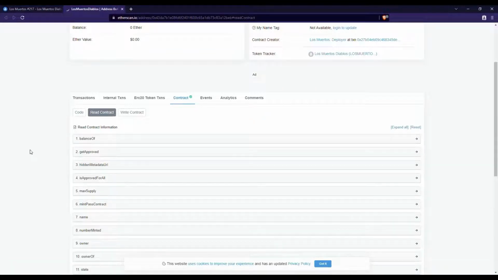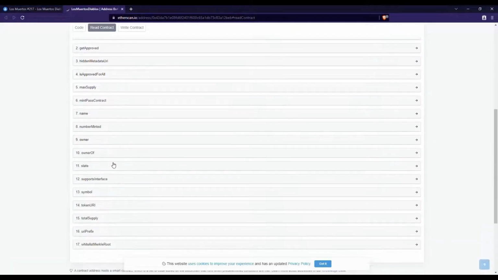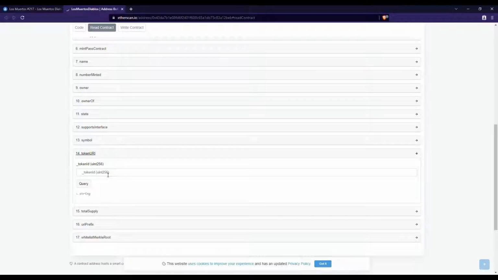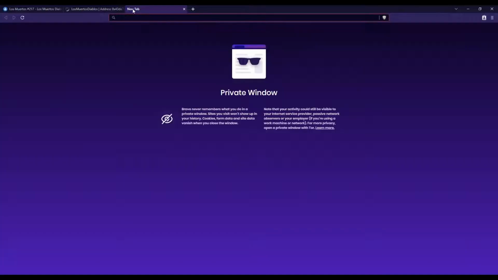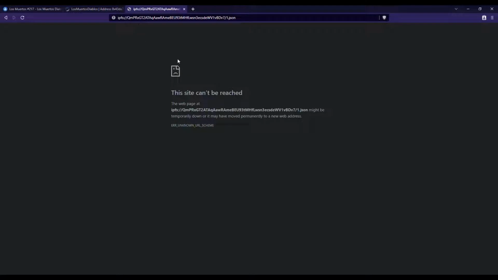And you can always find that on ERC 721A from the token URI here, or ERC 271. Just put one in and you get the first one there, and that's an IPFS link. Sometimes they can have .json on the end, sometimes they don't. It won't work initially unless you've got your browser set up to go to IPFS, but there's a simple way